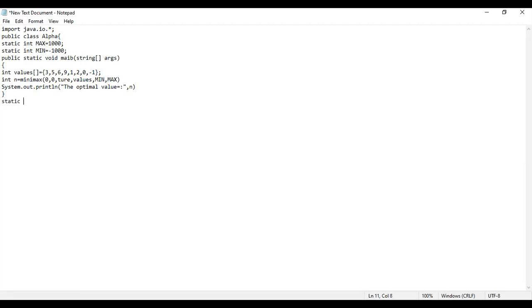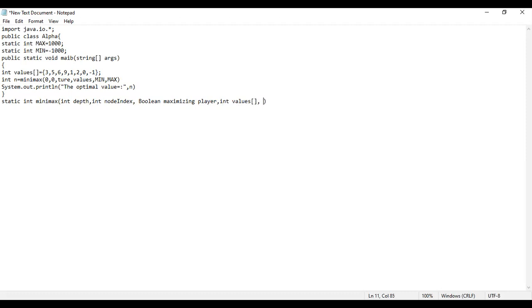So static int, because this minmax function will return an integer value. Minmax has the parameters: integer depth, then integer node index, then boolean maximizing player, comma, int values array to store the input array.